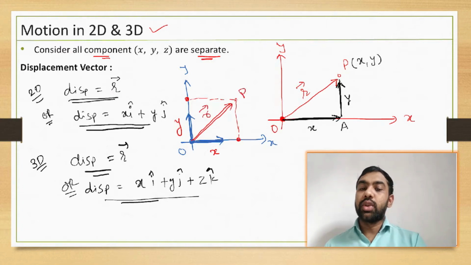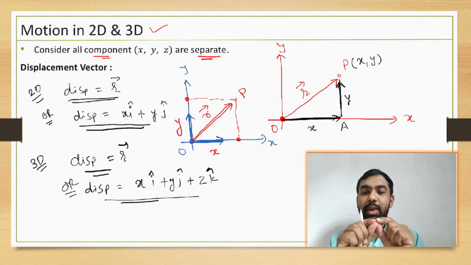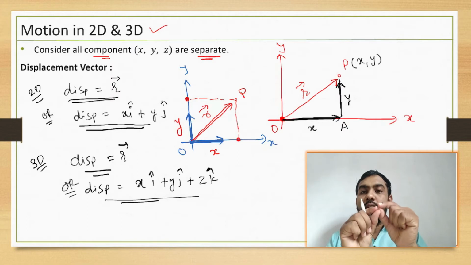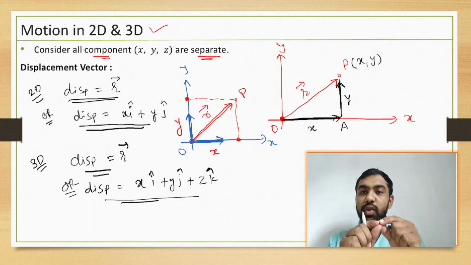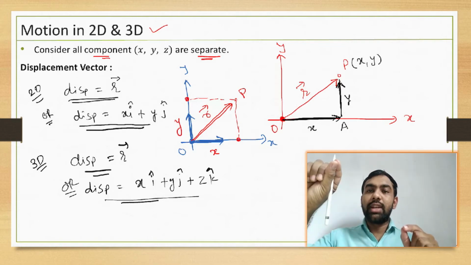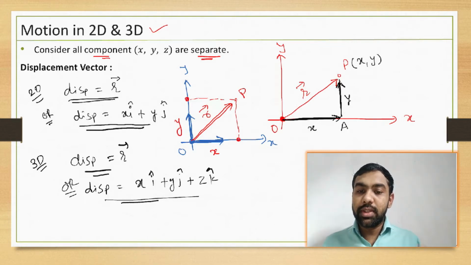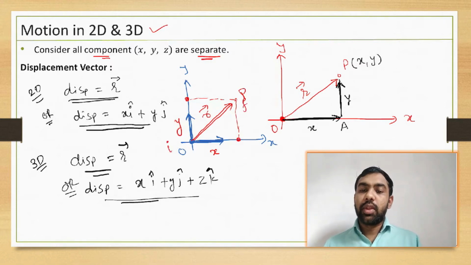Here what we are doing is the particle moves along x and y at the same time, simultaneously, like this. You just consider the x axis and the y axis. The particle is moving along both the axes at the same time. The displacement is the parallelogram's diagonal, so that inclined line is the displacement. The initial position is this one and the final position is this one. This way you consider all the dimensions separate from each other, and you get the answer.